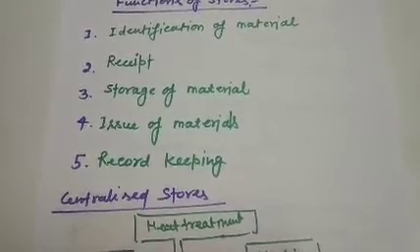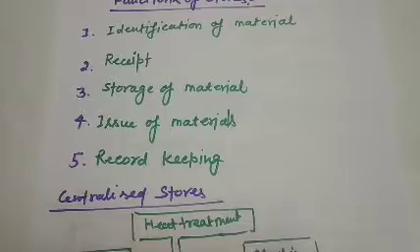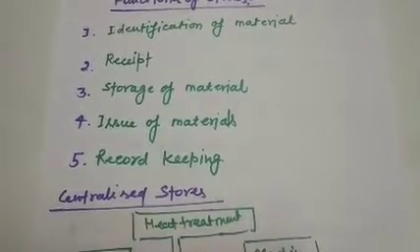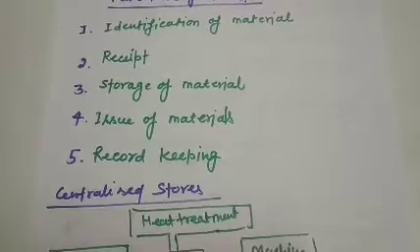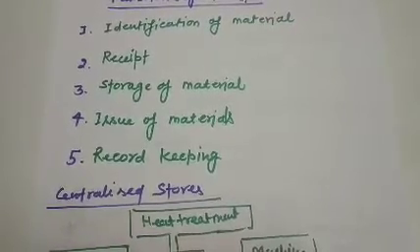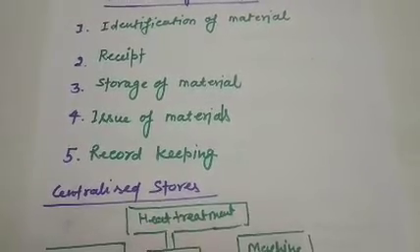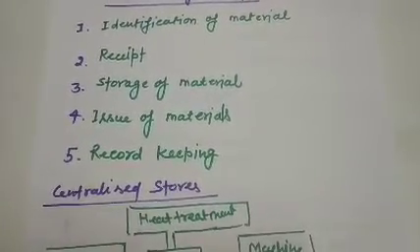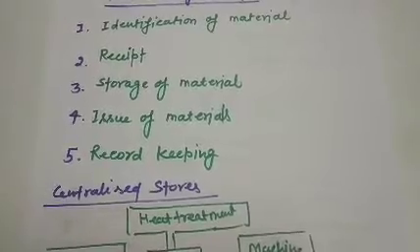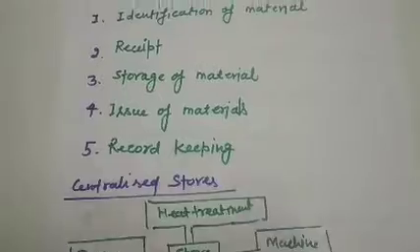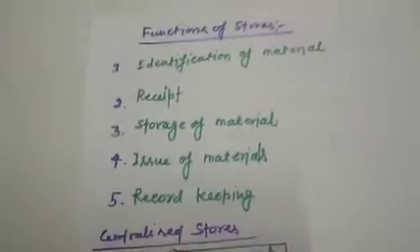There are many methods for coding, like the mnemonic method. In this method, we basically assign some alphabets closely associated with the name of the item. Like if there are metallic items, then we can write MT, or plastic items, then we can write PT, right? And in most of the cases,